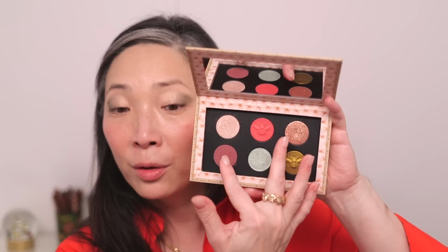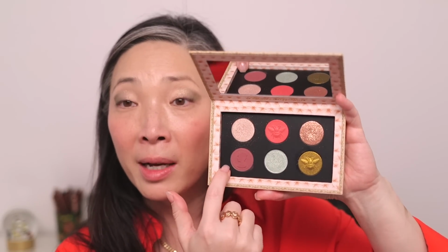Okay. I'm not going to use either of these 2 colors. I was thinking about using this to line my eyes, but there's so much purple to it. I just think it's not going to look great as a liner. So let me go ahead and finish up my eyes with some liner and mascara, and then we'll be back to